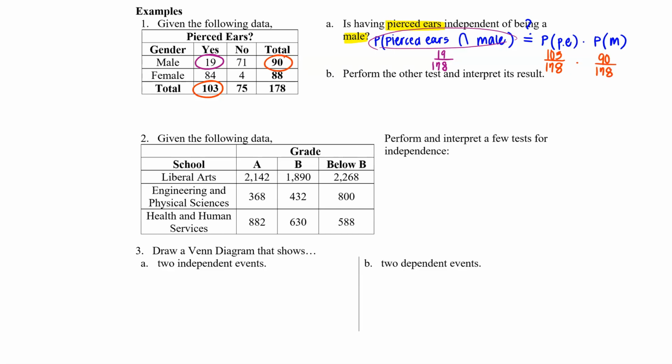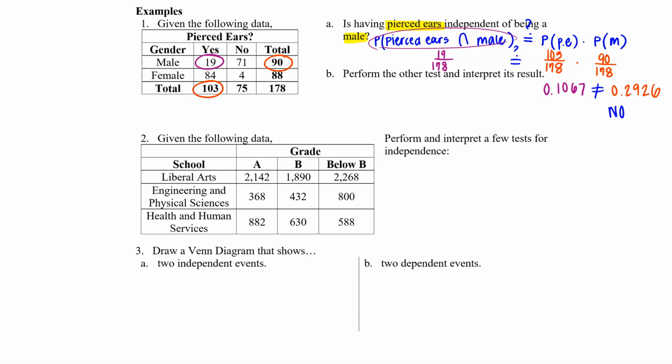I'm going to multiply these two probabilities together and see if it ends up being equal to the intersection of pierced ears and male. The probability would be 0.1067. Pierced ears and male would be 0.2926. Because these two are not equal to one another, I would conclude no, pierced ears and male are not